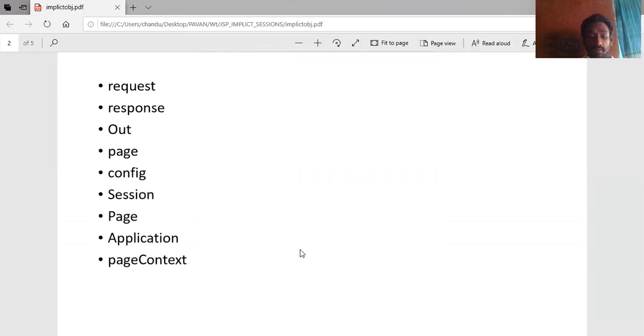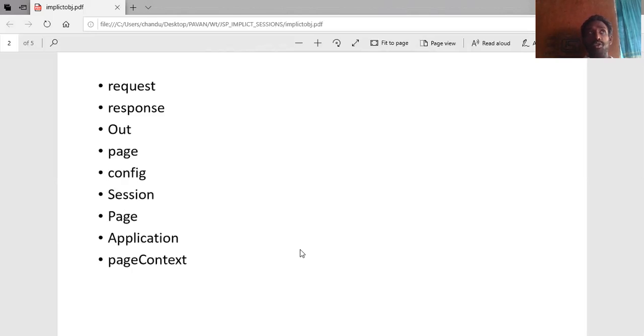Next one, page object is used to refer to the exact servlet info related to our JSP page. Config object is used to access configuration parameters like init parameters. Session object is used to store and retrieve the sessions.